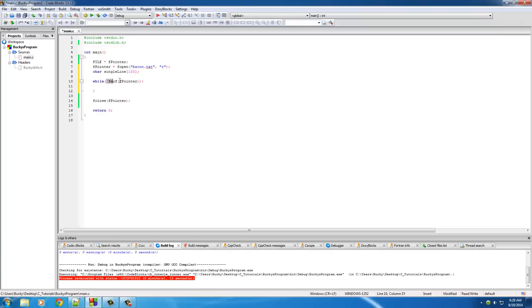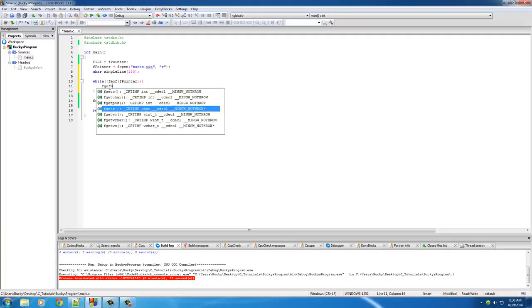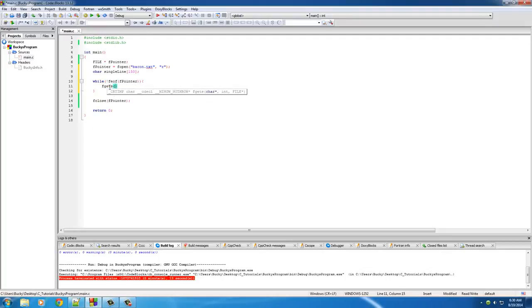And what this is going to say is keep looping until you get to the end of the file. In other words, as long as the file pointer did not reach the end of the file yet, continue to run this. Simple enough. So now we can go ahead, and the first thing that we need to do is say, okay, F gets one line, just like it does in the command line. So F gets single line